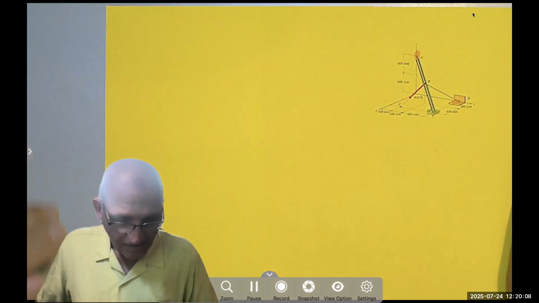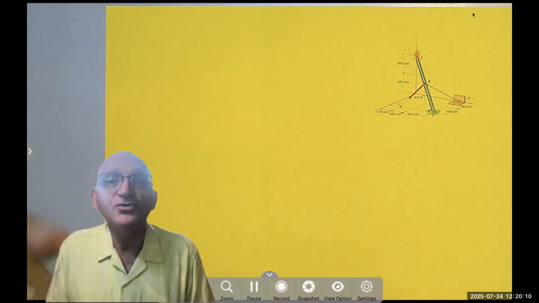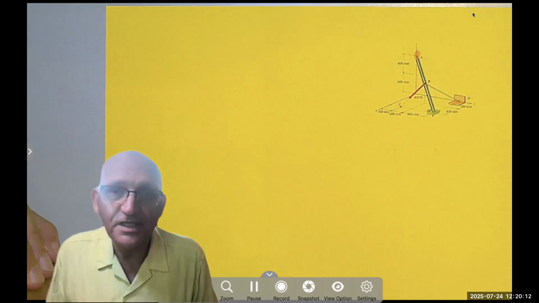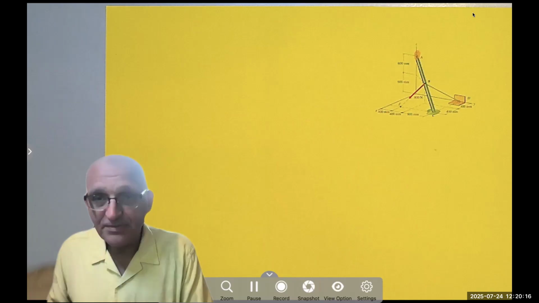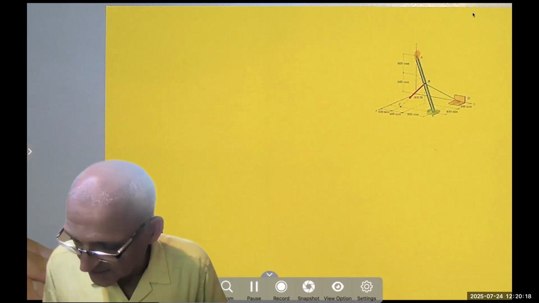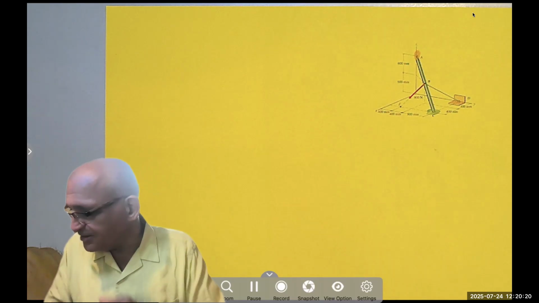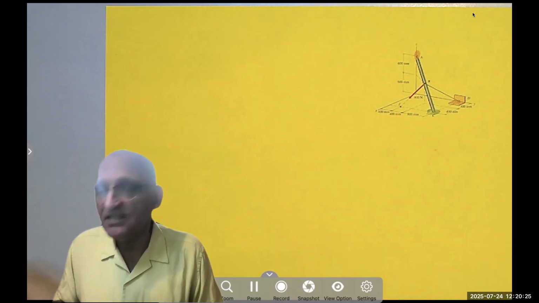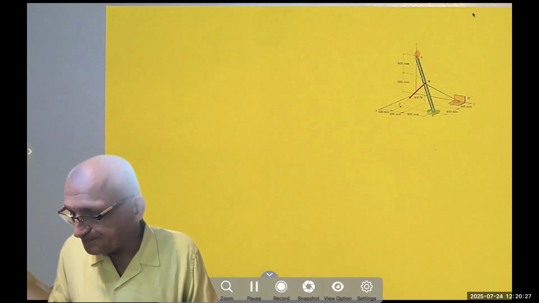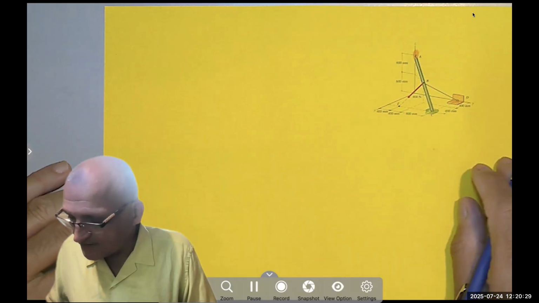And as I told you, we are going to do rigid body equilibrium in 3D. I came up with two examples from a statics textbook that I used in the past. And in this problem, as you can see, we have a bar, and this bar is connected on one side by a ball and socket